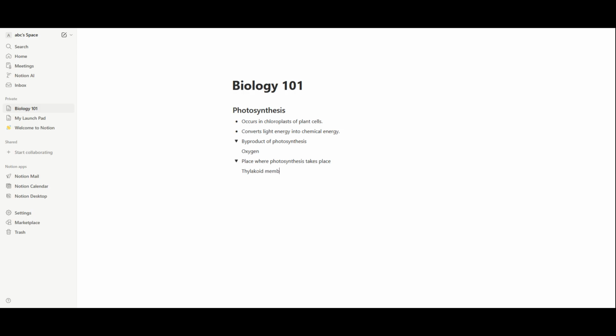When hiding the toggles, you'll see how clean and organized your notes look. You now have headings, bullet points, and toggles all working together to make your notes more effective and interactive. And that's it. You've successfully learned how to take notes on the Notion app using headings, bullets, and toggles to